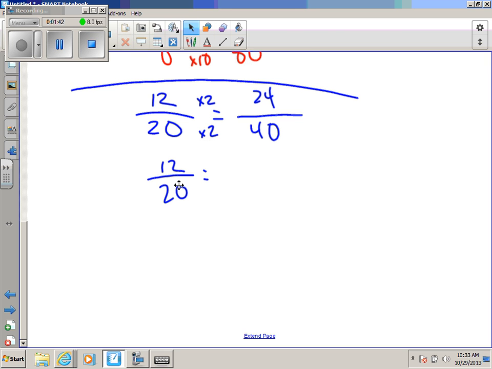So I look at a 12, I look at a 20. Right away, the first thing that pops out is that they're both even. I can divide them both by 2. If I do that, 12 divided by 2 is 6. 20 divided by 2 is 10. Okay? 6/10 would be equivalent to 12/20. However,